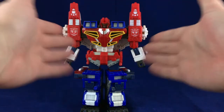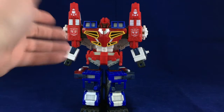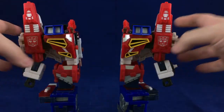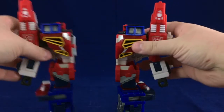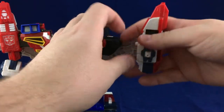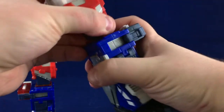And that is, anyone familiar with this toy knows what else he does, but just in case anyone's not familiar with that, he is actually designed to combine with Energon Optimus Prime. And yeah, he just splits straight down the middle. And it's pretty cool, actually. I'll just rearrange all this. And I don't have Energon Optimus Prime. I kind of don't really want him either, because I've got this now, but...